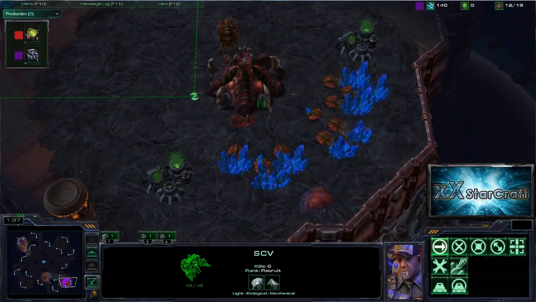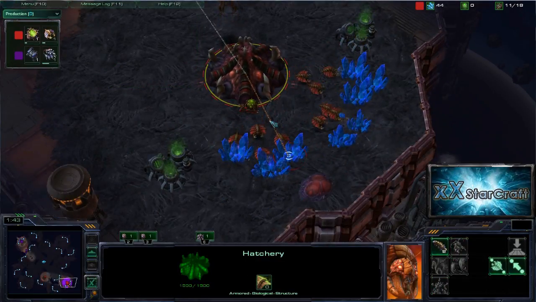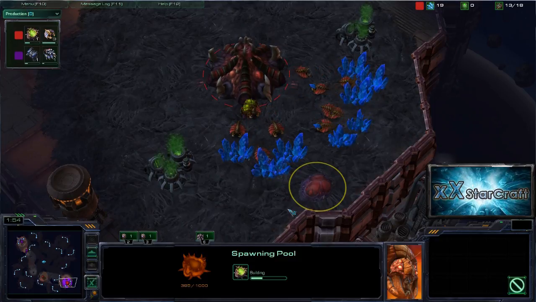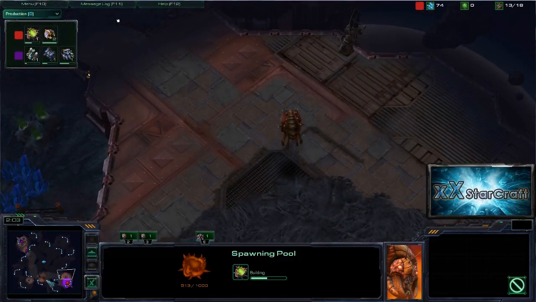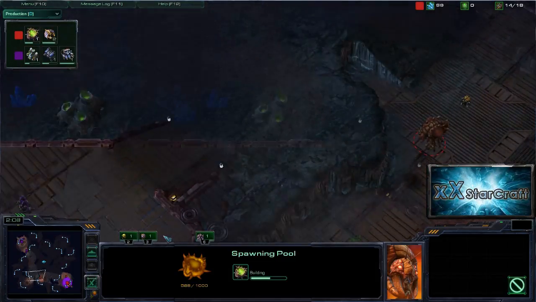Meanwhile, CaptPanda's, I'll just call him Panda from now on. His spawning pool is going up. I think it was a 10 or 11 pool, so a bit early, but still pretty standard. Nothing crazy going on. And he's scouting out with his Overlord and